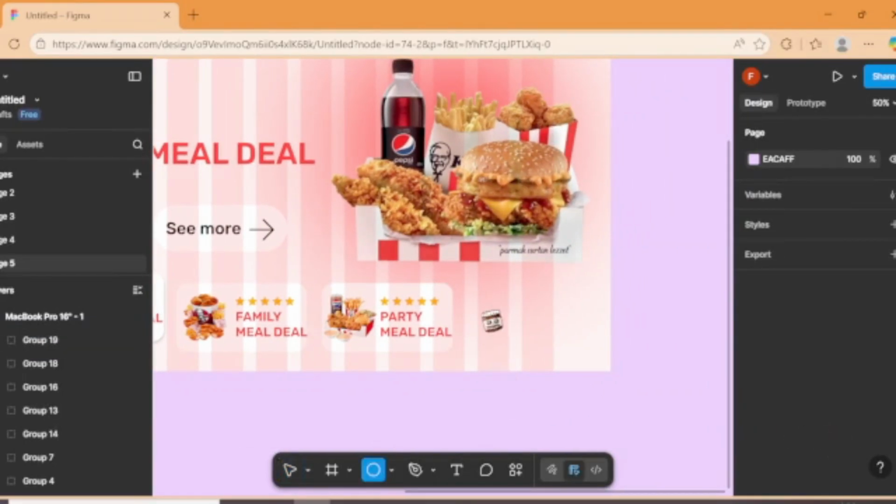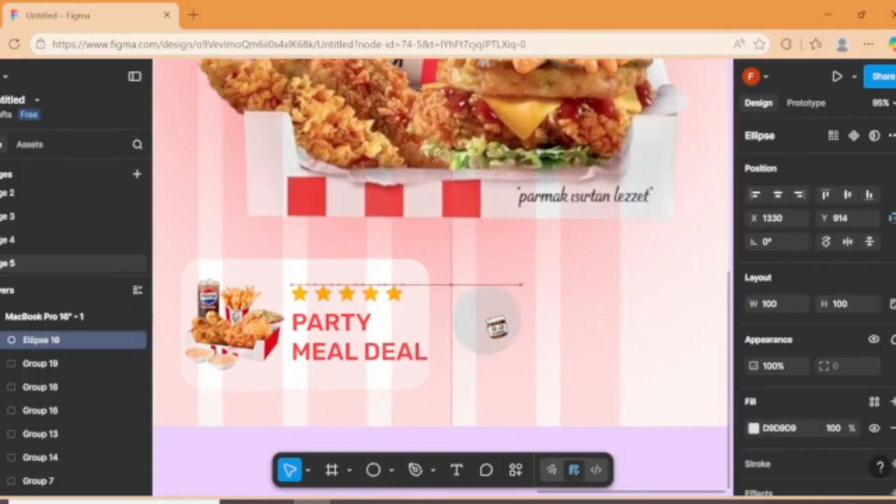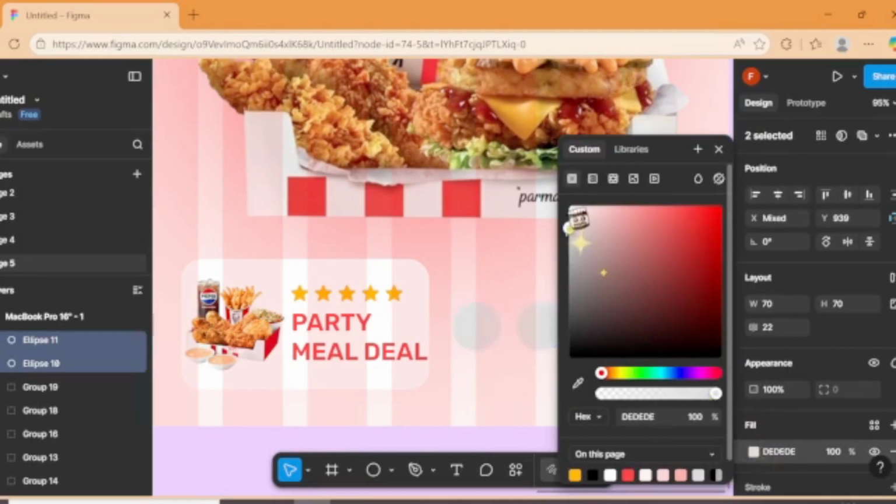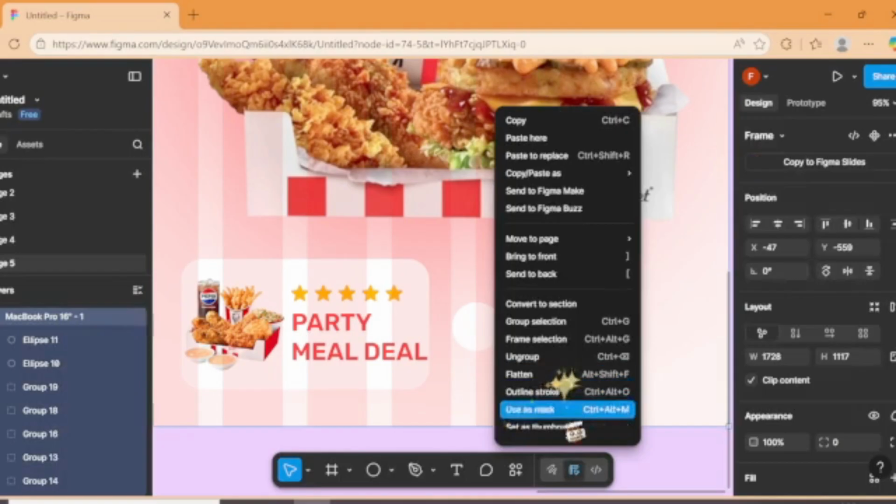So create a circle and make that circle smaller. Now we're going to make it bigger again, duplicate it, and make them both white, completely white. Now go to Iconify,